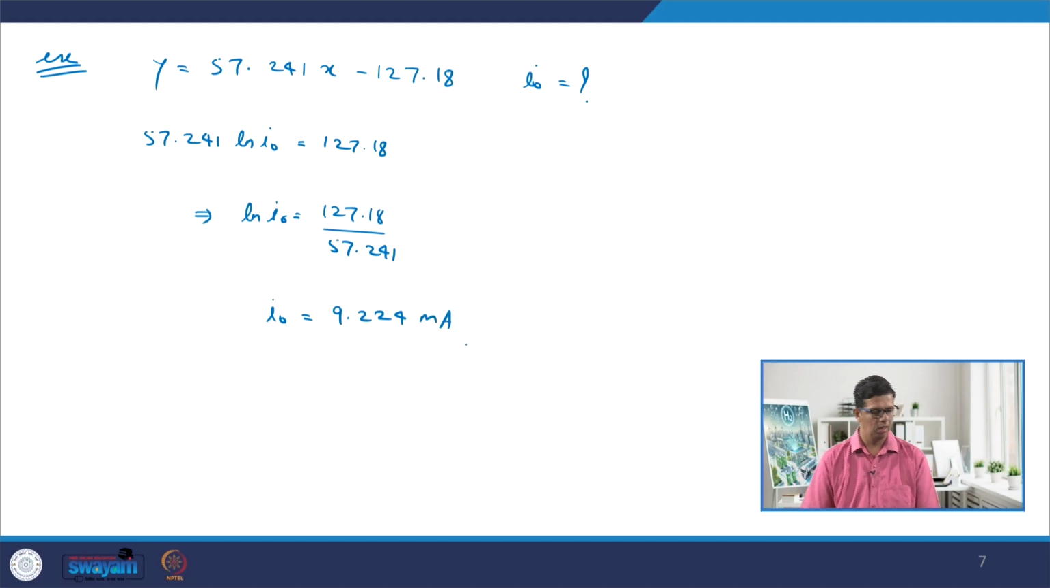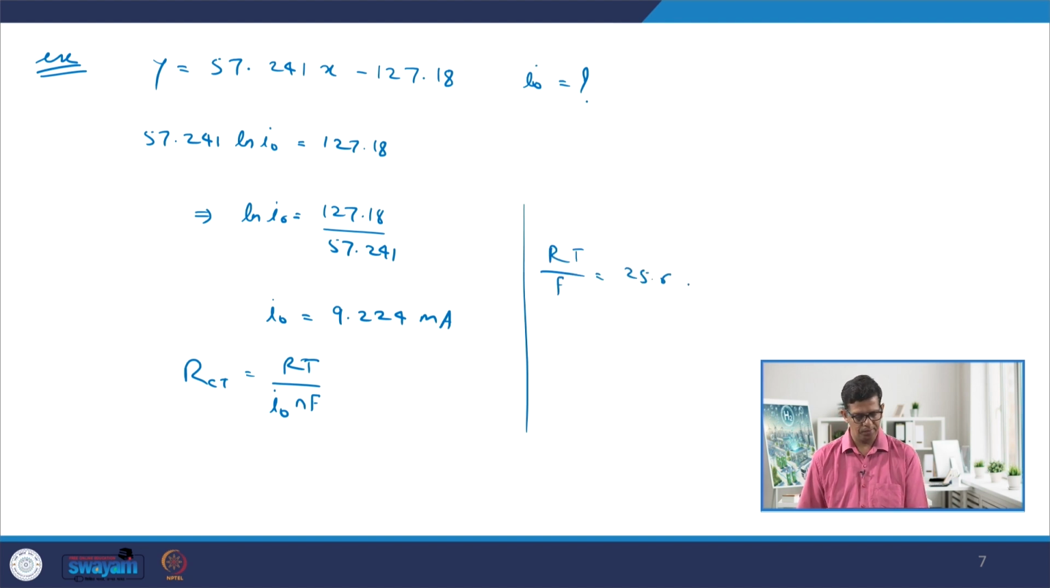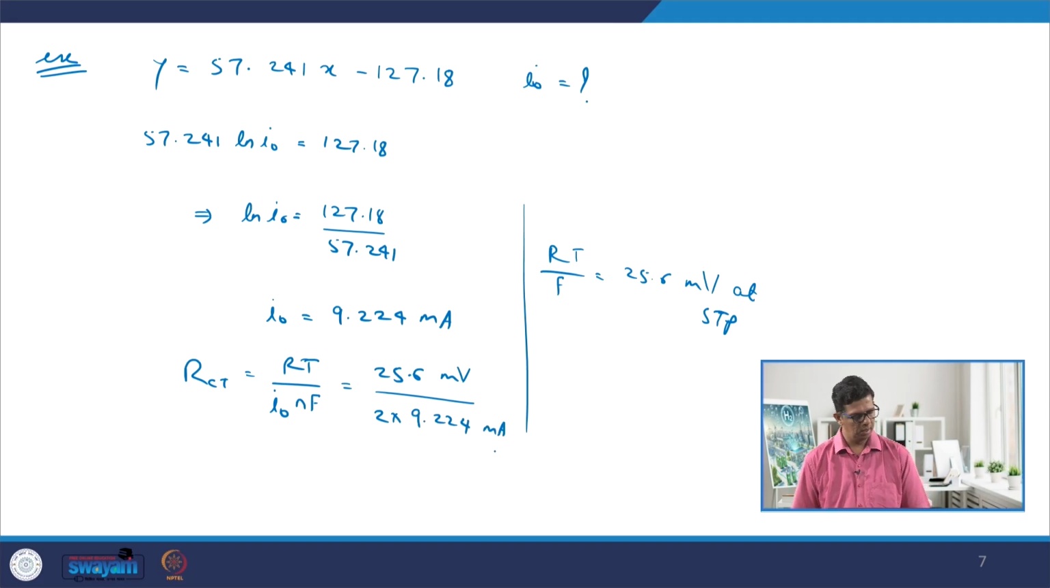milliamps. Let us go ahead and find out the charge transfer resistance as well. So, R_CT we know is RT by I naught nF. So, this RT by F is a standard number. RT by F is 25.6 millivolt at STP. We can straight away use this here. So, it is 25.6 millivolt. N is 2 and exchange current is 9.224, again in milliamps. So, the resistance value that we get is somewhere around 1.38